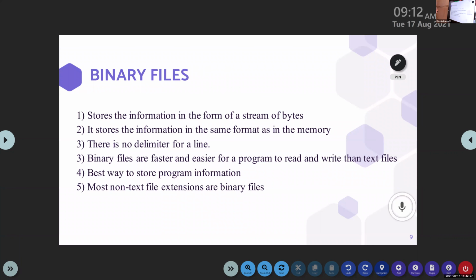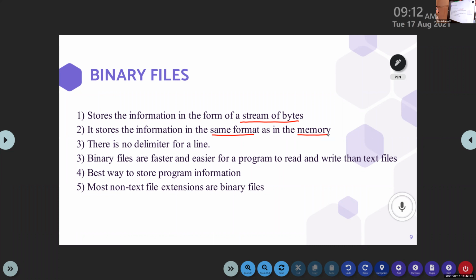So moving to the next topic, it is binary file. It shows the information in the form of streams of bytes, which means that it consists of zeros and ones, which is understood by the machine, which is close to the machine. It shows the information in the same format as in memory. You know that in computer memory, the information is stored in the form of zeros and ones.